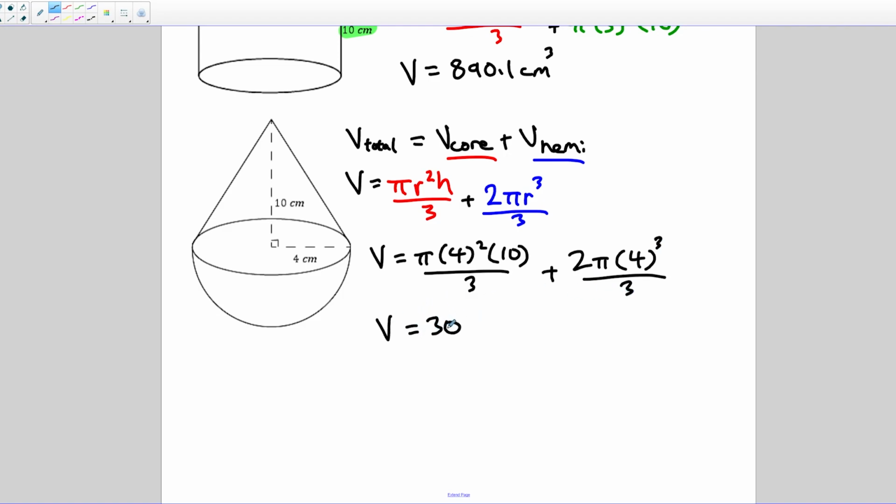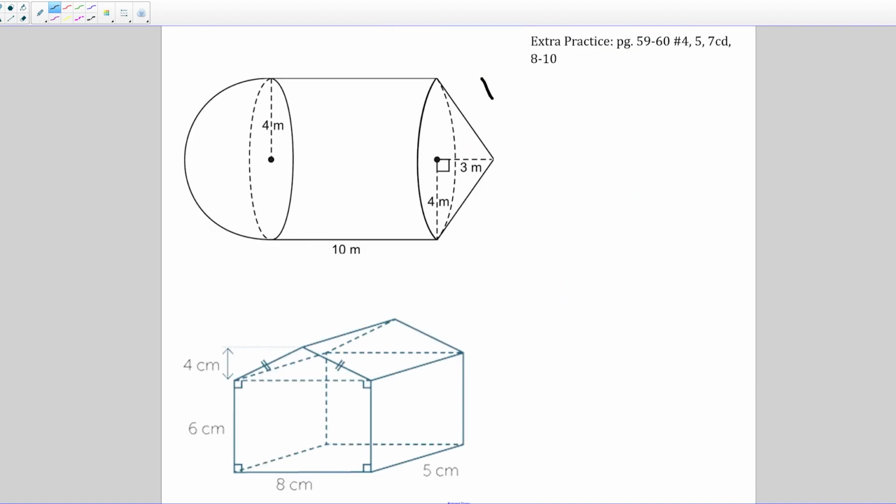And once we plug this into our calculators, we get 301.6, oops, not meters, we've got 301.6 centimeters cubed. This third example here, we have 3 different shapes. So we just have the volume of a hemisphere, plus the volume of a cylinder, plus the volume of a cone. And we're just going to write them all out. So we got the volume of a hemisphere, 2 pi r cubed over 3,